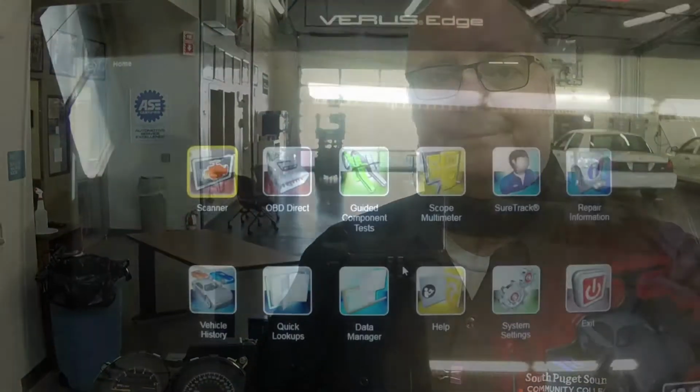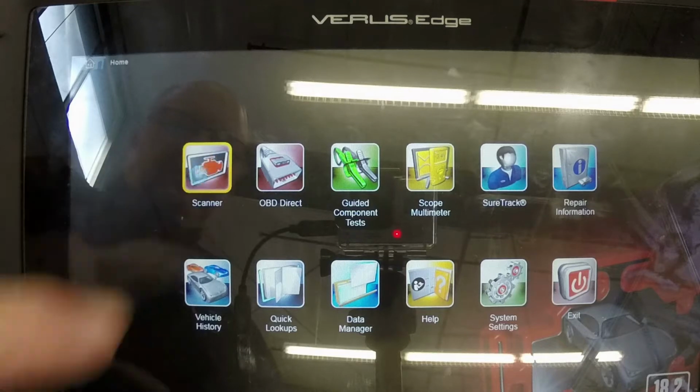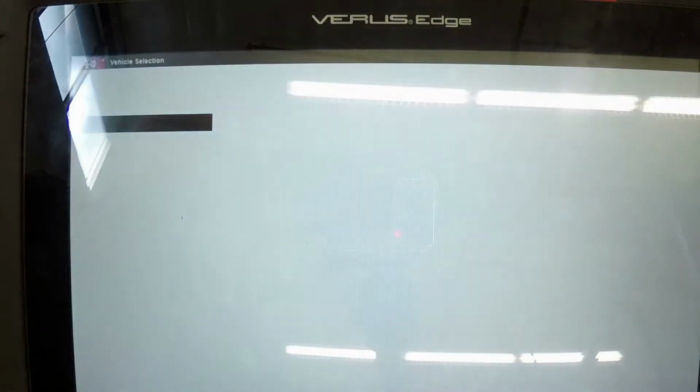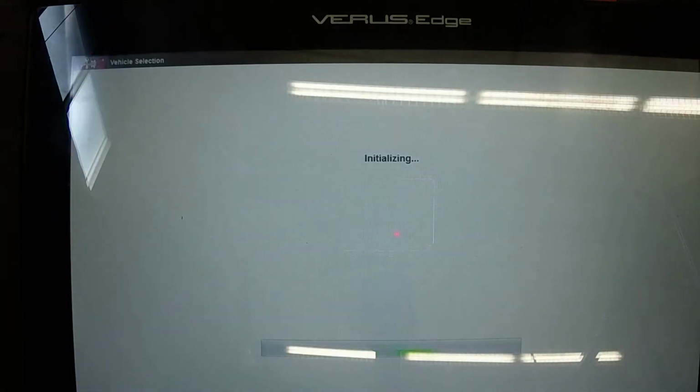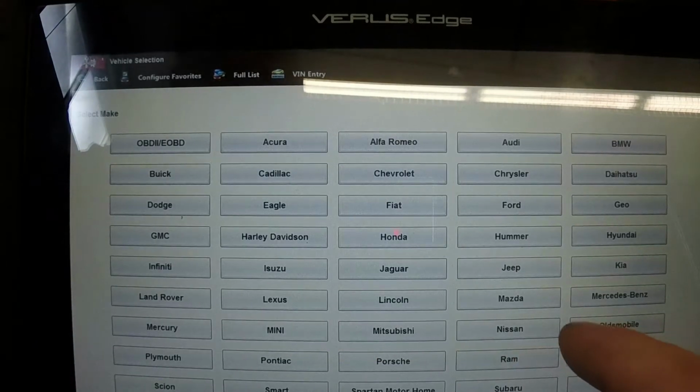The sections in the scan tool might be labeled slightly different, but anyway, it'll be pretty much the same. So let's go ahead and get started. I've got the scan tool on. We're going to go into the scanner mode on this one, and once we get the vehicle information in and everything, we're going to see if we can find a window that'll tell us